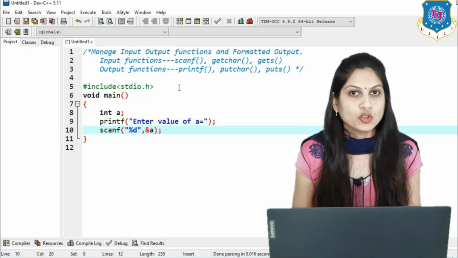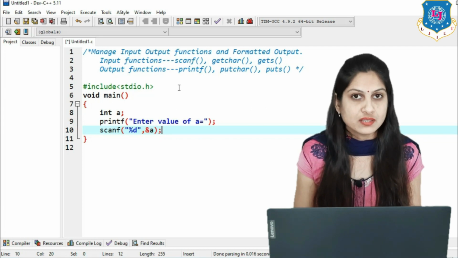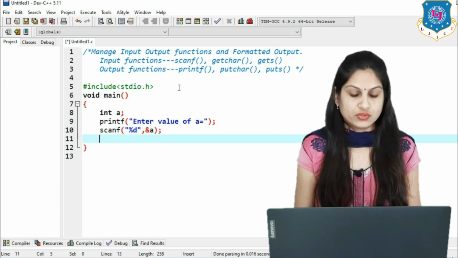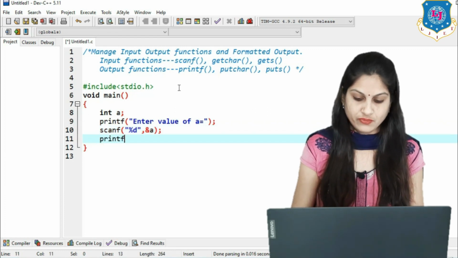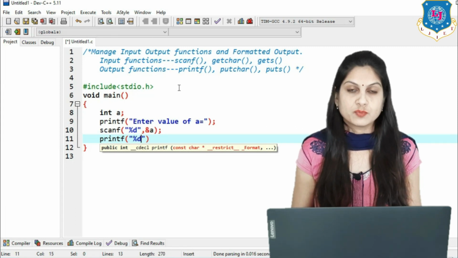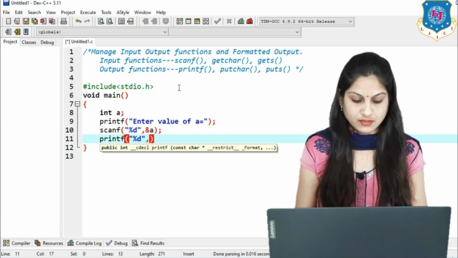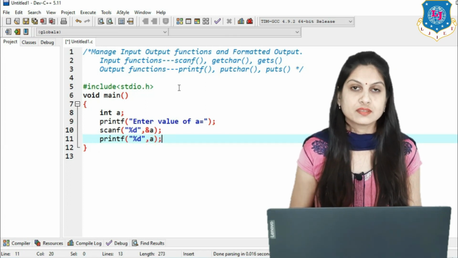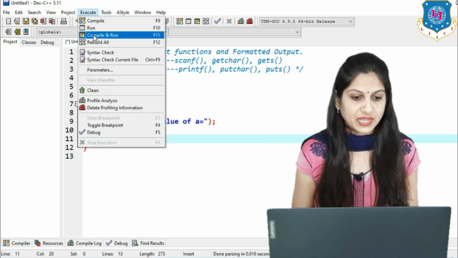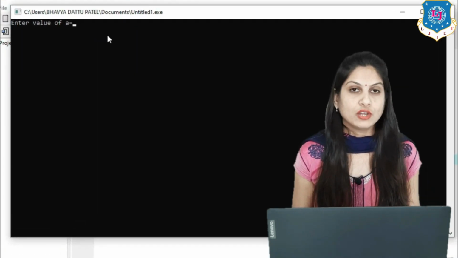Now to print the output on our output screen, that is our monitor, or we can say on our console, we use the output function, that is printf. First we write printf, and inside it first the control string, that is %d, for the value we want to print, and then the variable name, that is A. When we compile and run this program, just see the message "Enter value of A".